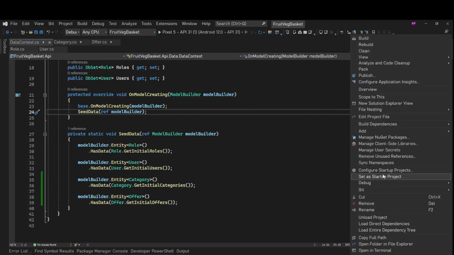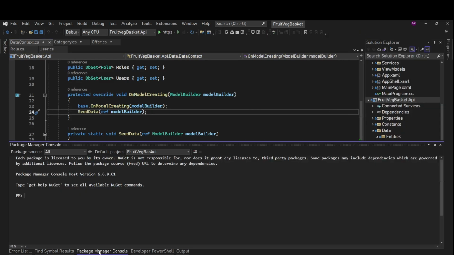So for that, let me set API as startup project, open the package manager console, and from here we'll add a migration. Add migration, let's say seeding data, and this will not work. Oh, sorry. Let me stop this and then set the default project to the API project.